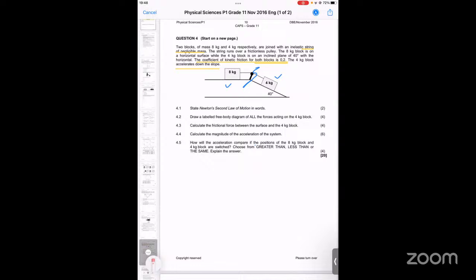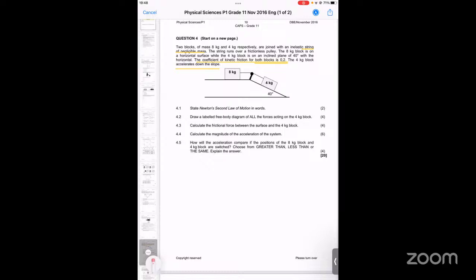Okay, so 4.4, they say calculate the magnitude of the acceleration of the system. Do you have an idea of how you can work it out? I think so, yes, sir. Maybe without having to calculate it, can you let me know what you're going to do there? Okay, so we're going to first start by saying F net equals MA, and then